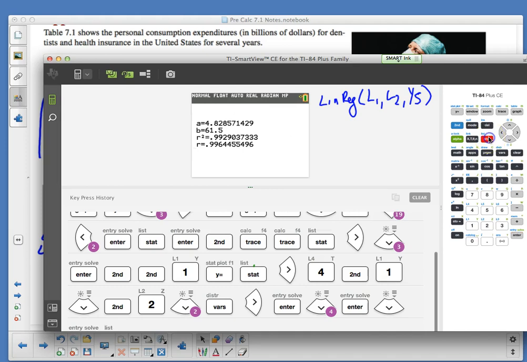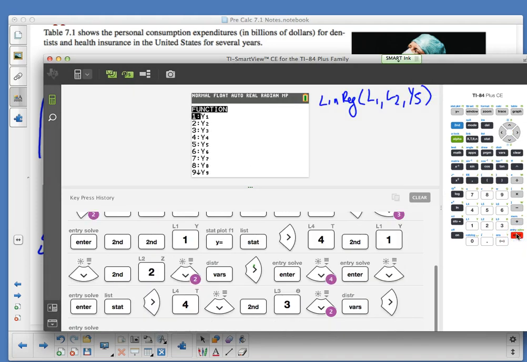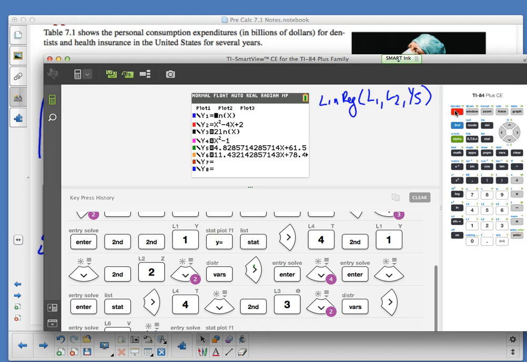So I go back to stat, I go over to calc, I hit 4, and I'm going to do my second one. My L1 is my X values, L2 is my Y values, and I'm going to do L3, second L3. Okay, I said that I was going to store that in Y6 so I can compare the two. Y variable, I'm going to go down to 6. I could also, since I already know I'm going to 6, go to Y6 across from 6, and then I can go calculate. And now I've got those two equations, my Y5 and Y6. I can arrow down,